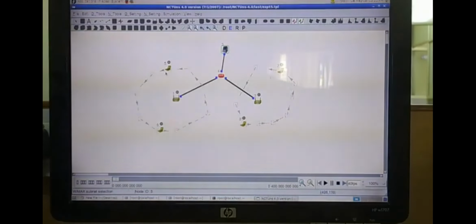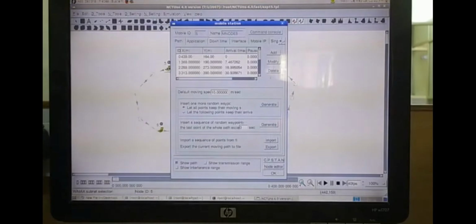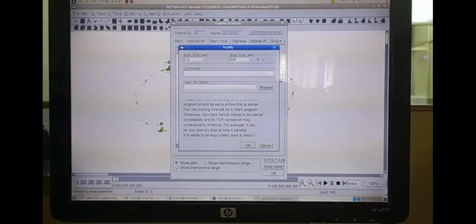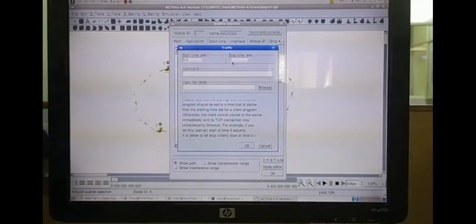Now I configure the sender mobile node, that is mobile node 5 here. When I double click on this, I get this window. In this window we have to click on application, and in the application I get the add. So here I can define the send command. Again I'm selecting the start time as 0 seconds and end time as 100 seconds.